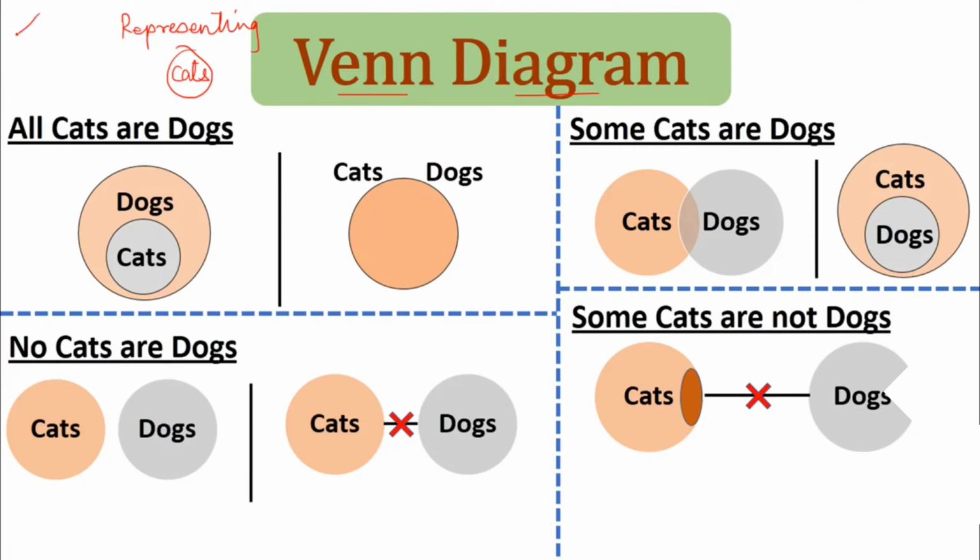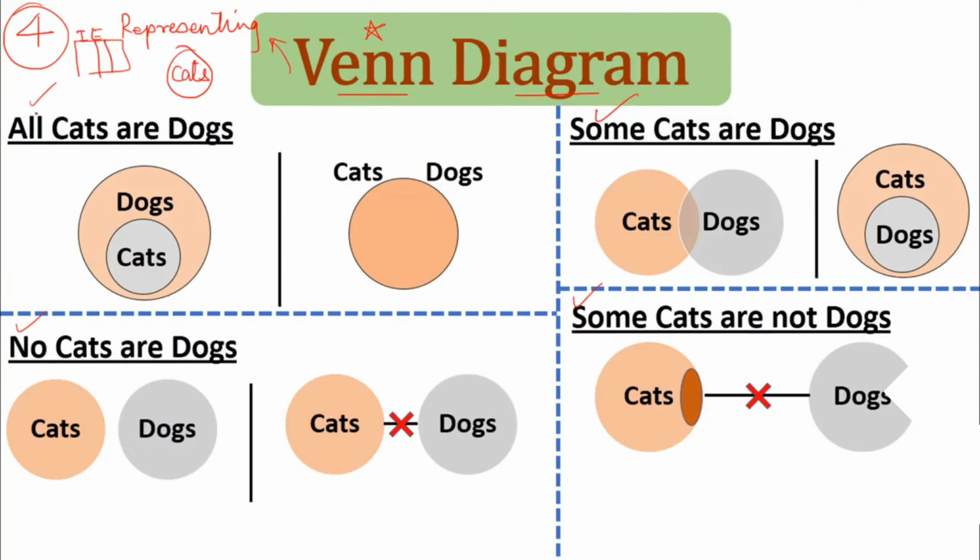Now we have learned 4 important words. During income expense method we have learned 4 important words: all, no, some and some not. Using those 4 words, we drew a table for income expense method. Over here you will see the Venn diagrams or representing diagrams for all the 4 words. So for all, what diagram should be drawn? For no, what diagram should be drawn? For some, what should be drawn? That we will check out. Let us move on to the first word, all.